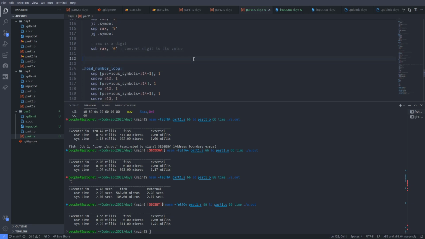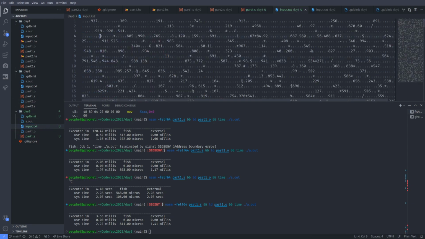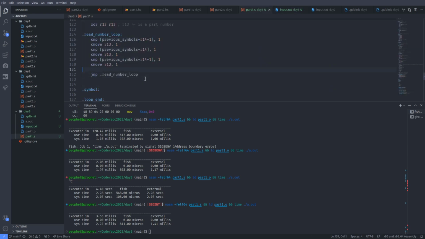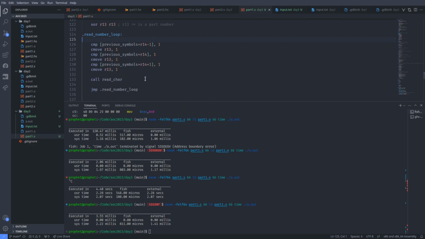Right, so IX is a digit. So we'll XOR R13 R13. Let's say R13 is a part number, right? And this one is 0 because we don't know that yet. Right, and if we ever find one that was preceded by a symbol on the previous line, then that one is definitely a part number. And then we just keep reading, I guess. So let's add on the, make it any of the